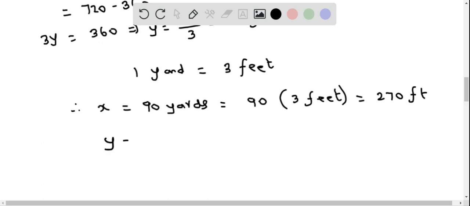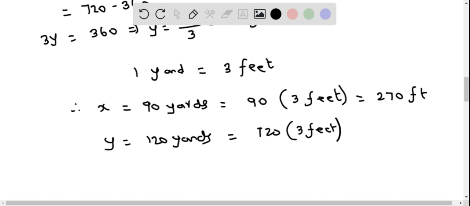And similarly, y equals 120 yards. We convert this to feet by multiplying by 3, that is 120 times 3 feet, and this equals